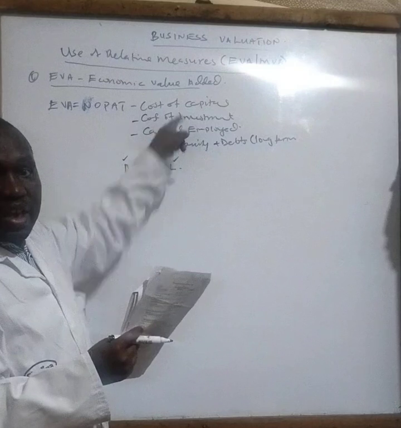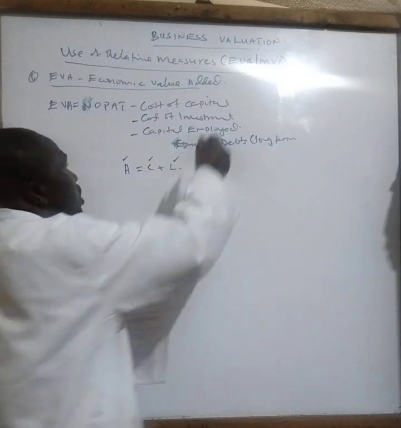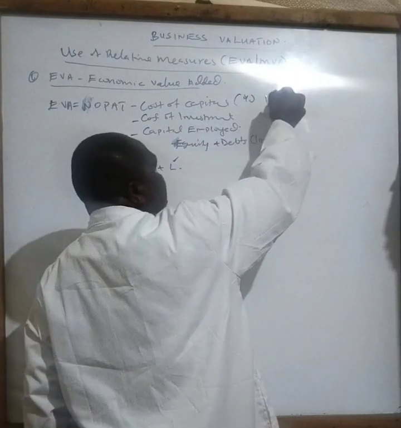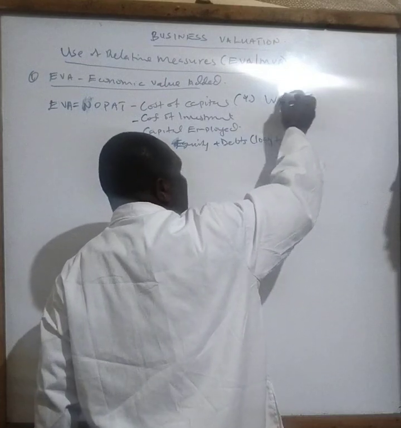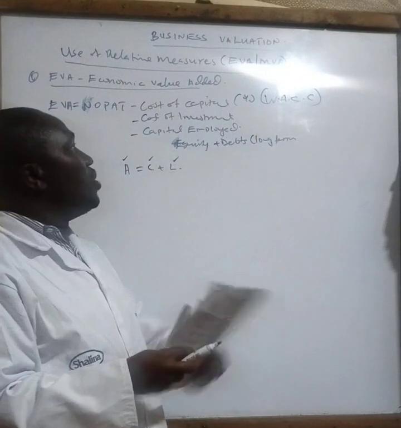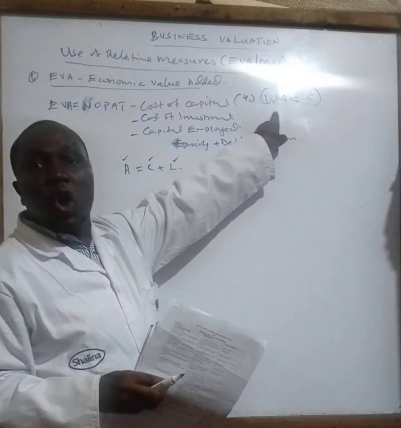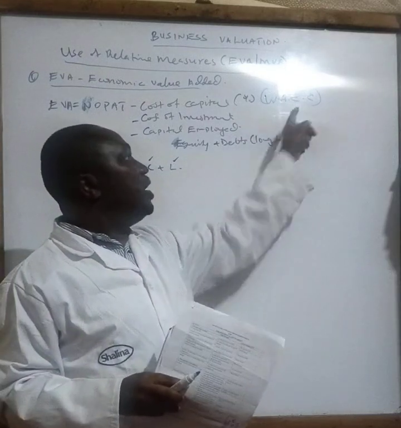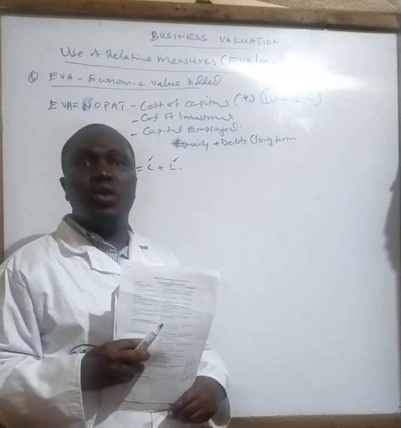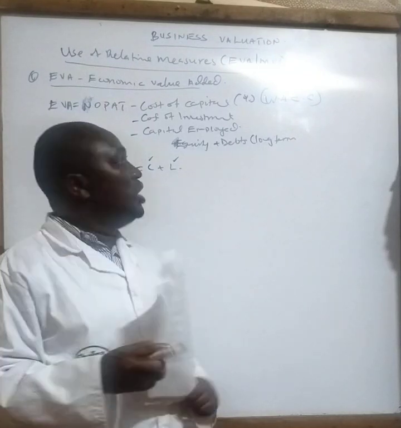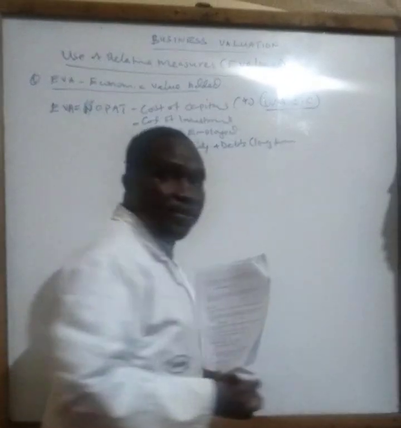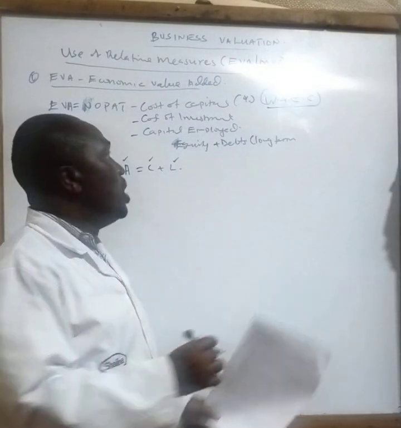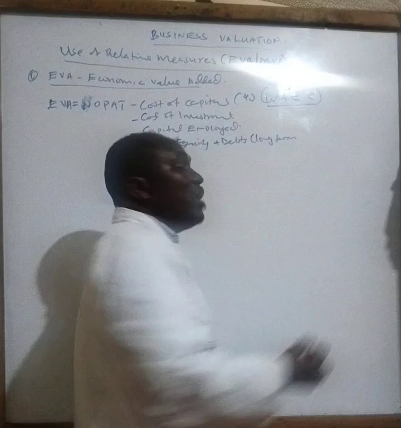This cost of capital in most cases is given as a percentage. In this case, we are going to know what is the weighted average cost of capital. Weighted average cost of capital is also one of the averages mainly used to determine the cost incurred in the investment. This work is mainly analyzed under the topic of cost of capital and capital structure, so it is very important. In the next video, we shall discuss cost of capital and capital structure, whereby we are supposed to know how to calculate the weighted average cost of capital.